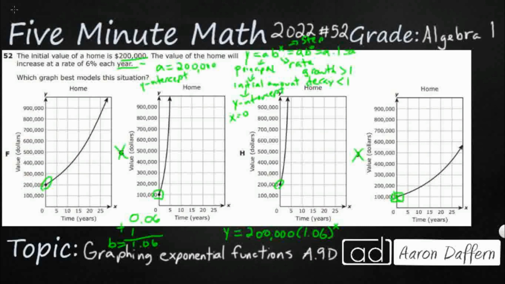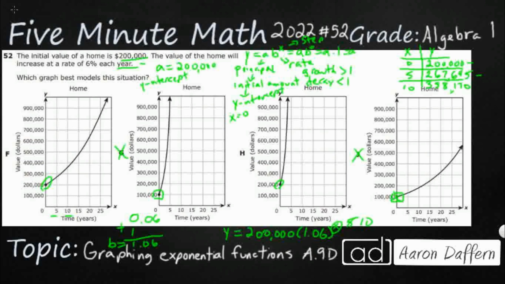So now we can do 2 things. We can either plug it into the calculator, or we can do a little bit of math and see what happens when x equals 10 and when x equals 5, and plug those in real quick. When x is 0, that's going to be your 200,000. When I made it 5, that becomes 267,645, and when I made it 10, it becomes